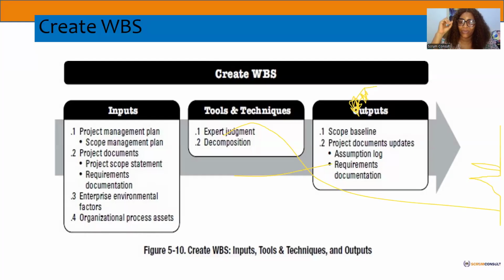PMI best practice is that you assess your risk, understand the impact, then come up with alternatives and solutions. Then go to the change management board. Not one person is in charge of change in the predictive environment. Go to the change management board with the change, based on their decision. If they accept, if they reject, or in some cases they might even delay the change, you now update the necessary documents and inform your team.